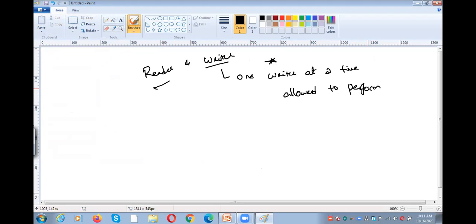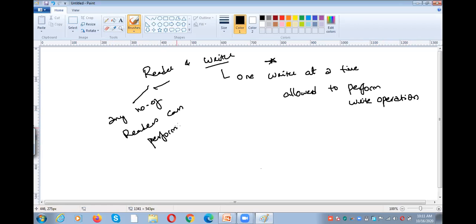One writer at a time is allowed to perform the write operation. Any number of readers can perform the read operation. So this is the second rule, and this is the first rule. And the third rule,